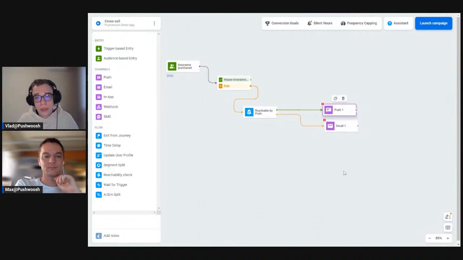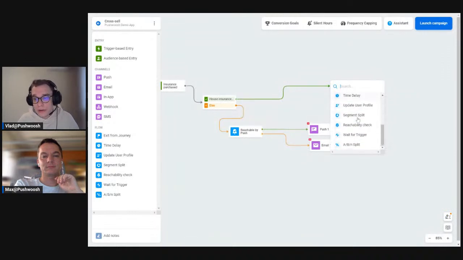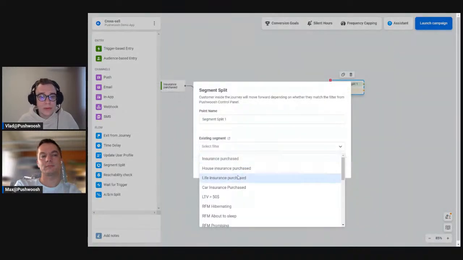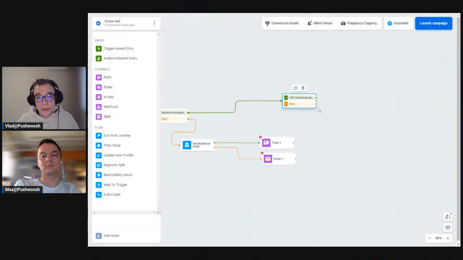So after we have sent them a push notification, we want to also check if these users have other types of insurance. And for this reason, we will once again use the segment splitter and choose another segment with users who purchased life insurance, for example. At this point, we will send them a push notification, providing them with special offers on life insurance, for example.